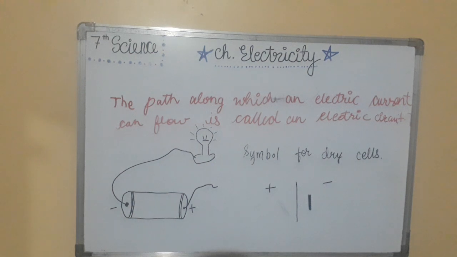If the path of current starting from one terminal of the cell to the other terminal of the cell is broken or incomplete, then such a circuit is called an open circuit or incomplete circuit. For example, when we remove wire B from the central terminal of the cell, it is an open or incomplete circuit. Switches are used in household